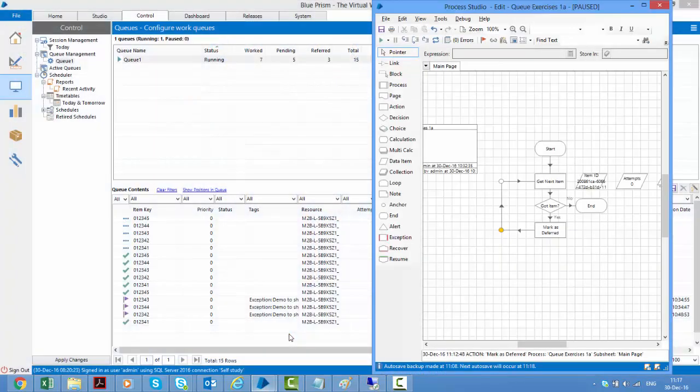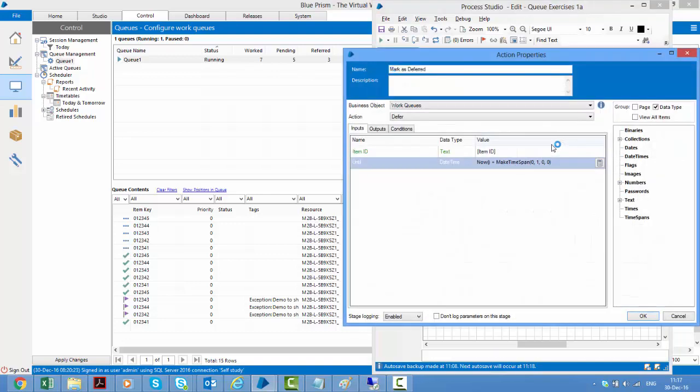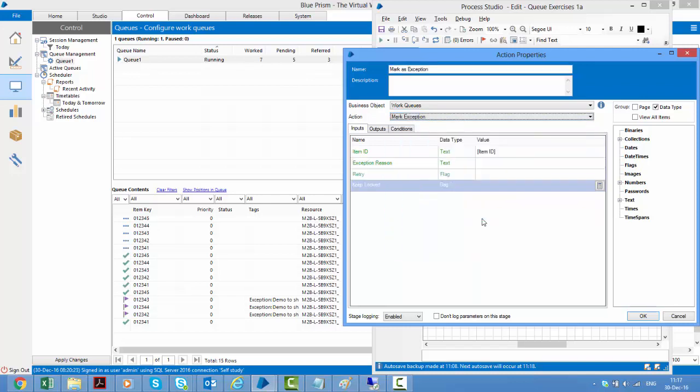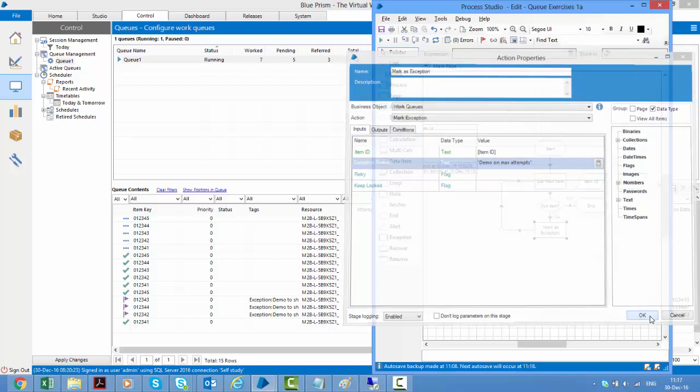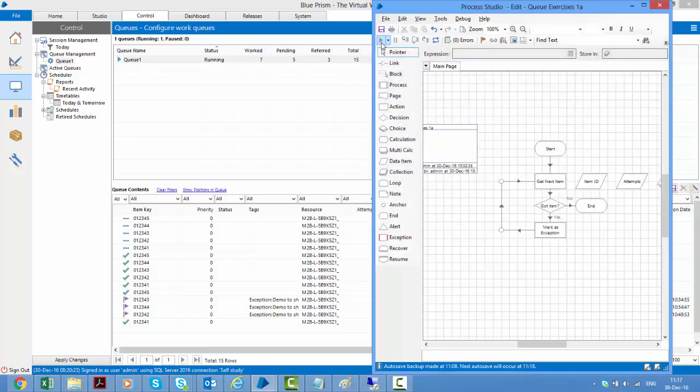If I go back to my process, let me reset this. Instead of mark as deferred, I'll say mark as exception, and I'll choose mark exception, reason: demo on max attempts. Click OK. Now if I run this,